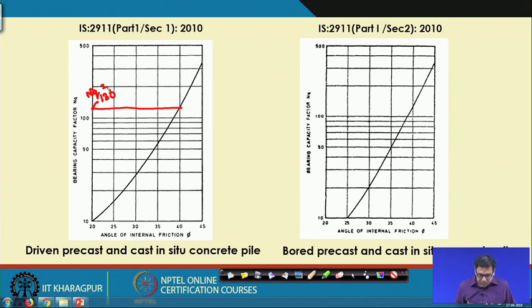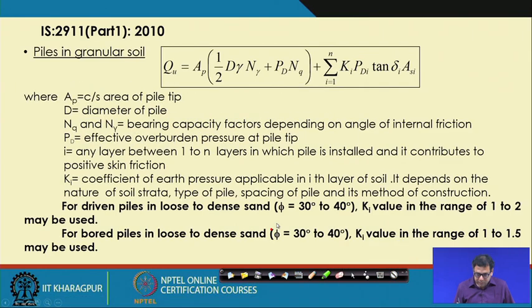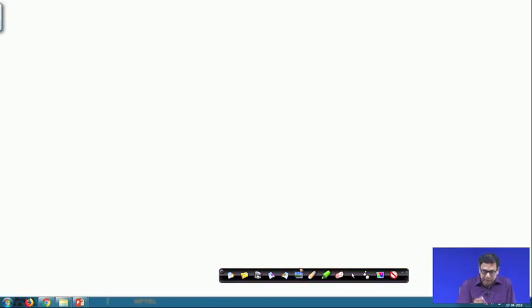Now I will use the IS code method. So, this is the IS code method, and it is area of the base, half into diameter into gamma into N gamma, plus PD into NQ. PD is the effective overburden pressure at the tip of the pile. So, now if I consider the IS code method, the same problem, if I consider the IS code,